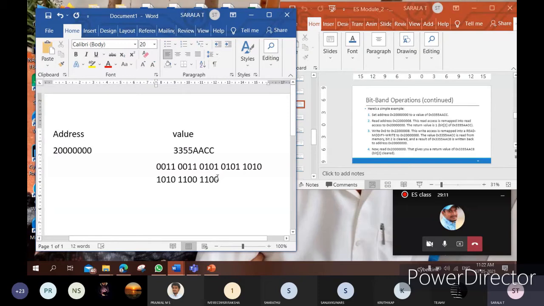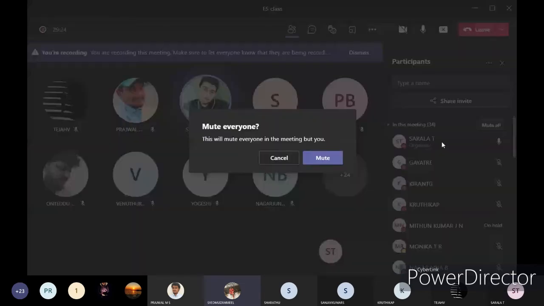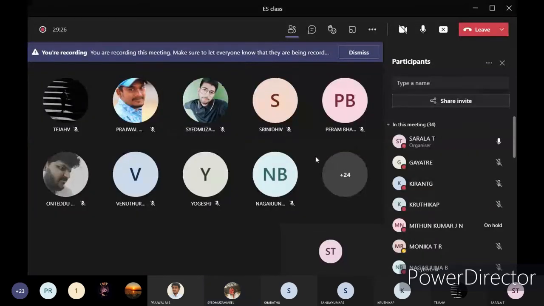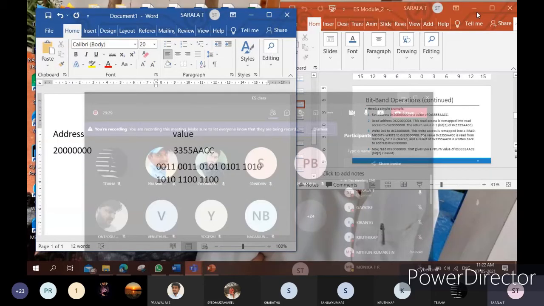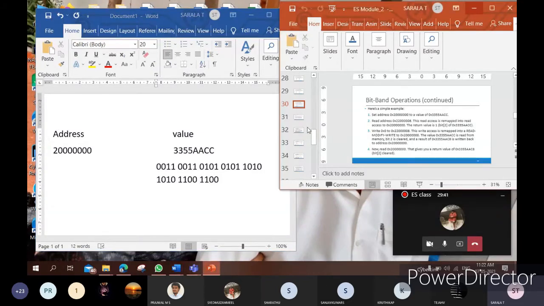This zero is the least significant bit. Here this is the least significant bit. Actually what we discussed related to bitband operation, I'll show you here.